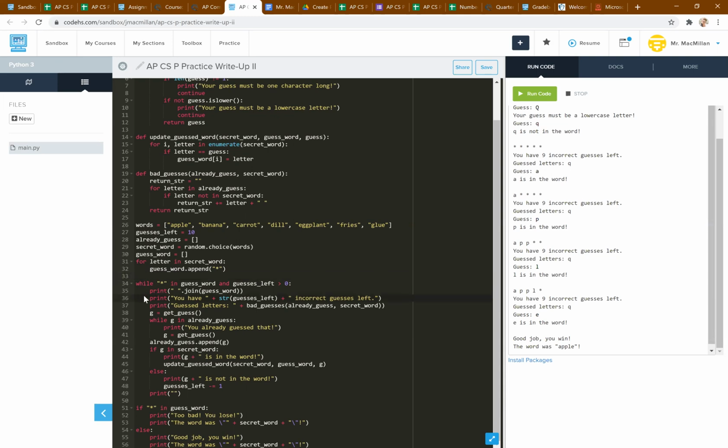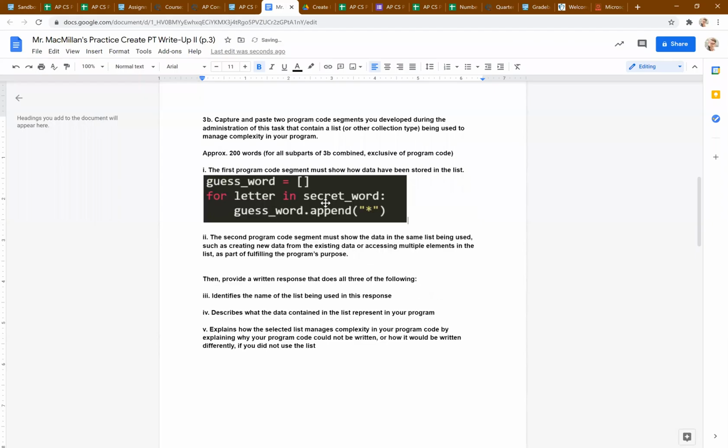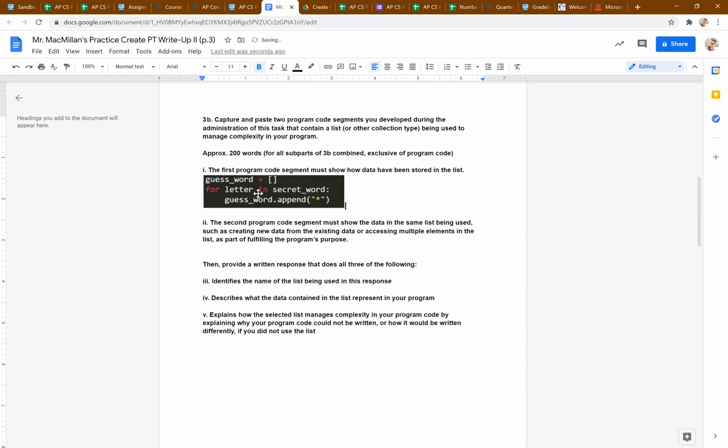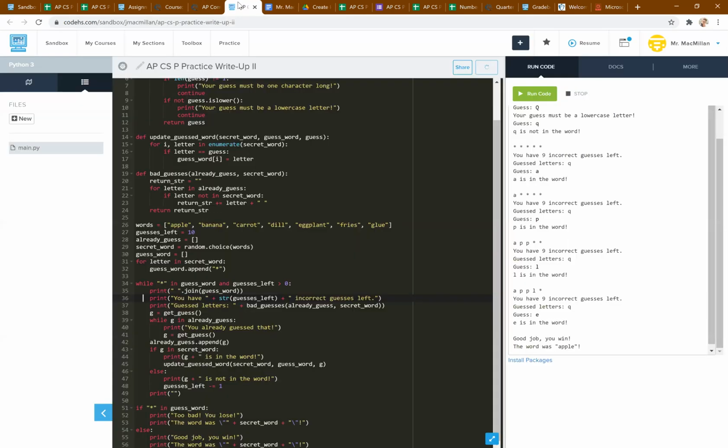So I'm going to take a screenshot of that section. I'm going to use my snipping tool, which I don't think is going to be visible. Nope. But I'm going to take a screenshot of that area, and I'm going to paste it in here. So I've got my guess word equals an empty list, and then for each letter in my secret word, we're going to append a star to my guess word. Going to fill in all of the data into there,